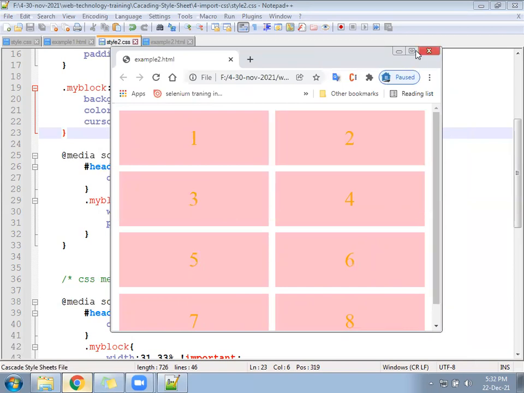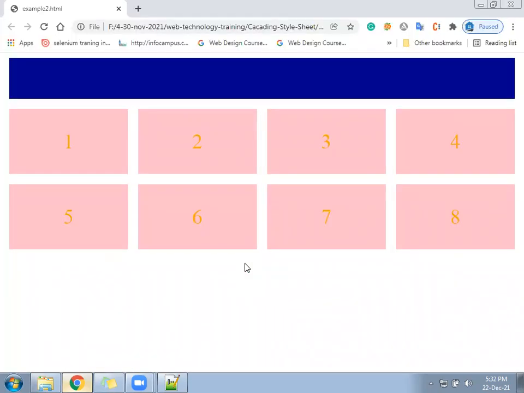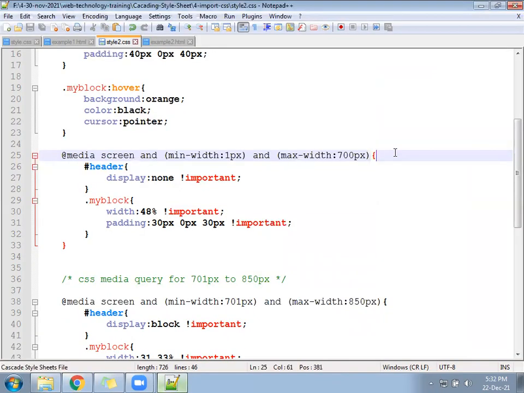So we can say media query is the part of CSS3 used to find out the window size, the window width of any device. Once we understand the width of the window of any device, then corresponding to that we can write the CSS and change the height and width of our elements, and after that it will adjust.